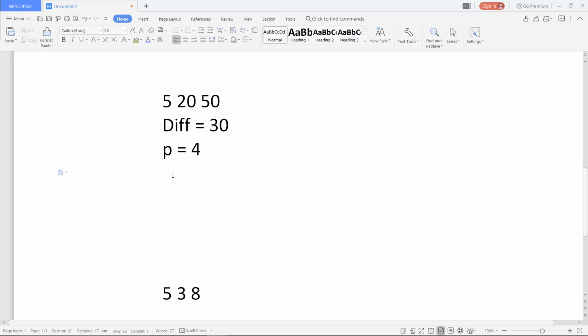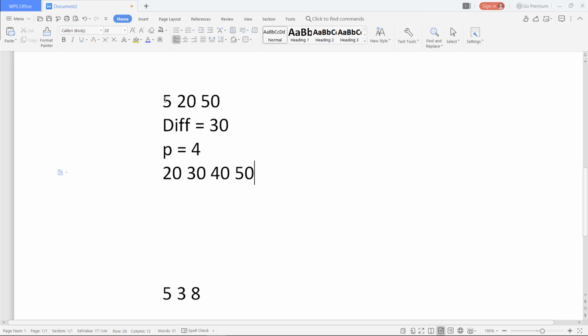So we will reduce 4. Now the number of partitions is 3, and we check if 30 is divisible by 3 or not. 30 is divisible by 3, so we partition this into size 10. So 20, 30, 40 and 50, we got 4 numbers, and still one number is left.